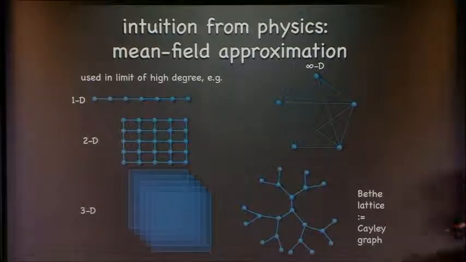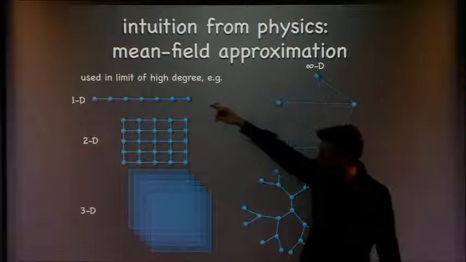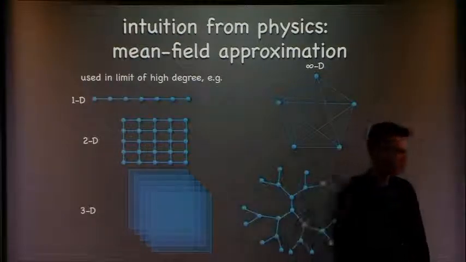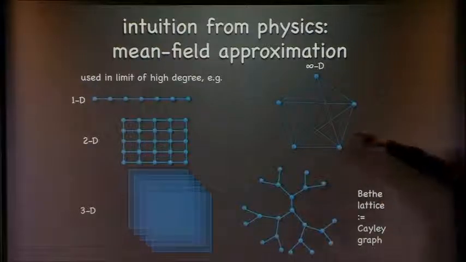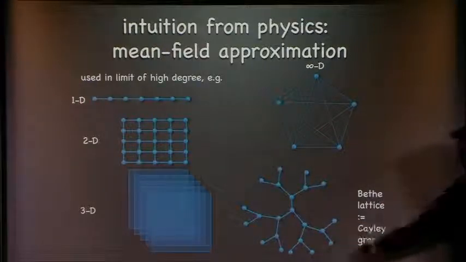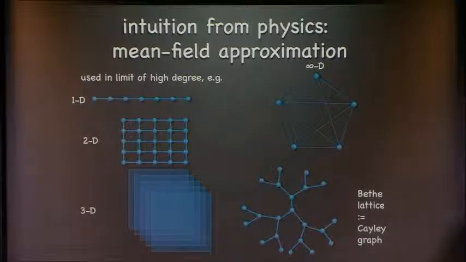So what people often do is start off with a line and then consider 2D and 3D, and then you might as well take the limit to infinite dimensions, where you can either have a complete graph, or you could have this thing called the Bethe lattice, which is like a Cayley graph. It's not a tree. I thought the Bethe lattice is a tree. Yeah, it's sort of not really a lattice. But is it a tree? Yes, it's an infinite Cayley tree. Oh, I see. It's the Cayley graph of the free group. Okay.